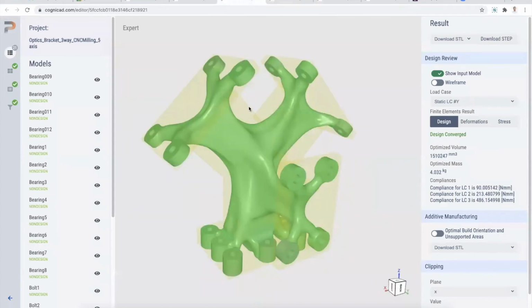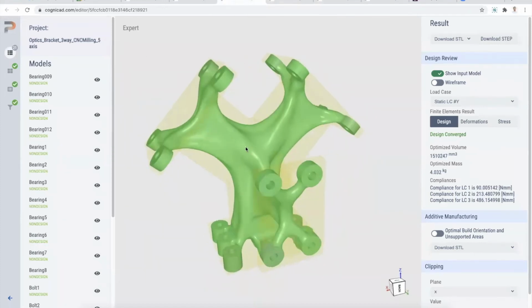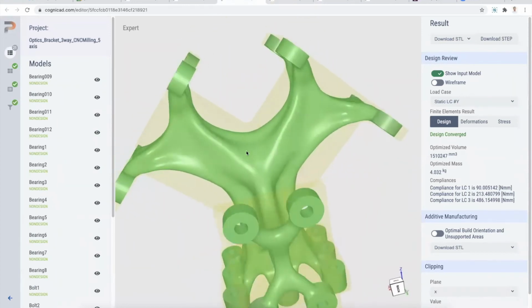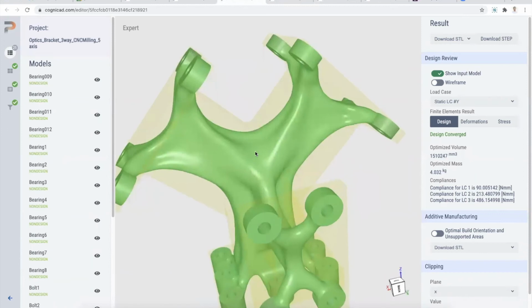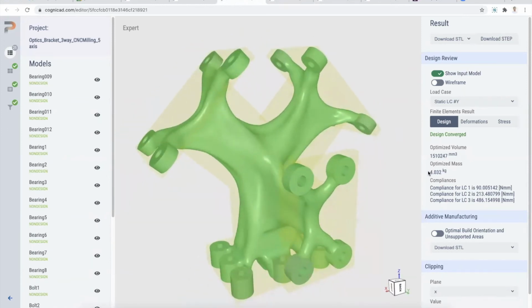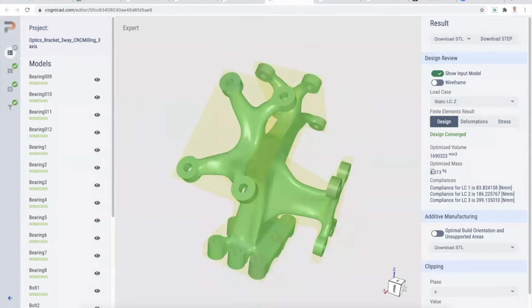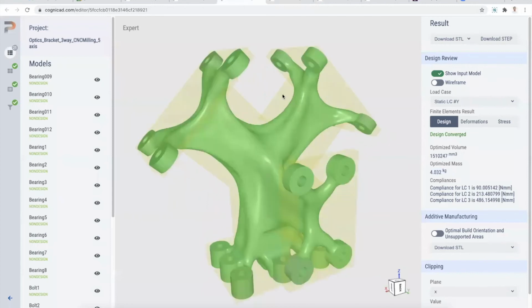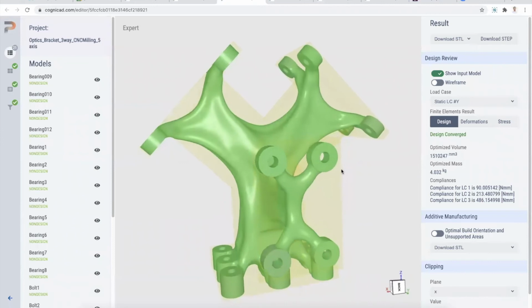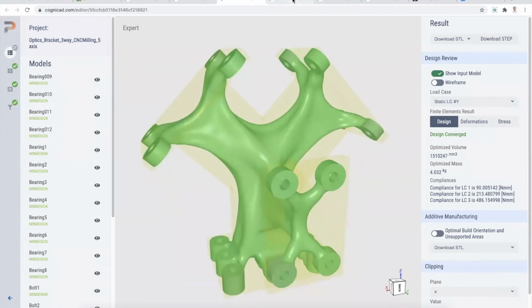This is a design when we consider 5-axis milling. It has 2 more axes, so you can see the design is a little more organic, as there is more freedom to remove material. Also, if you notice, the mass of the 5-axis milling design is 4 kilograms, while the mass of the 3-axis milling design is 4.5 kilograms. So it has more freedom and more possibility to remove material, and the design is very smooth, nice, and organic. Moving forward,